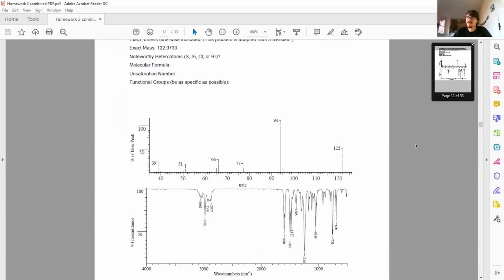Would someone like to suggest what the peaks in the 3000 region indicated to them? sp2 CH stretch. Yeah, sp2. I would agree. Why sp2? It's above 3,000. Yep. The reason I wouldn't say diagnostic is because we don't think of alkenes as a functional